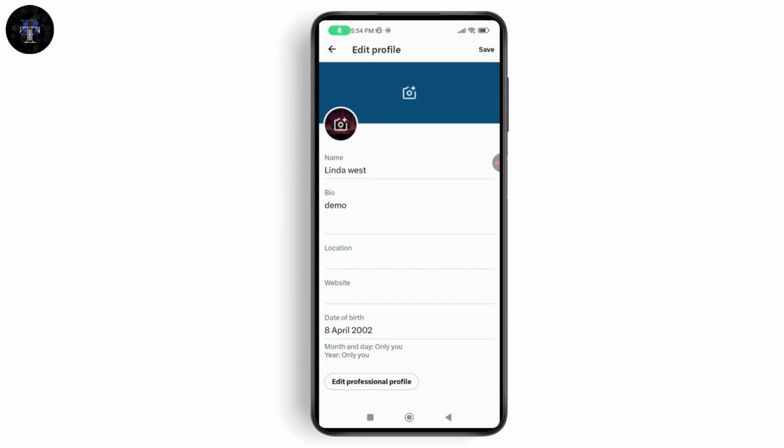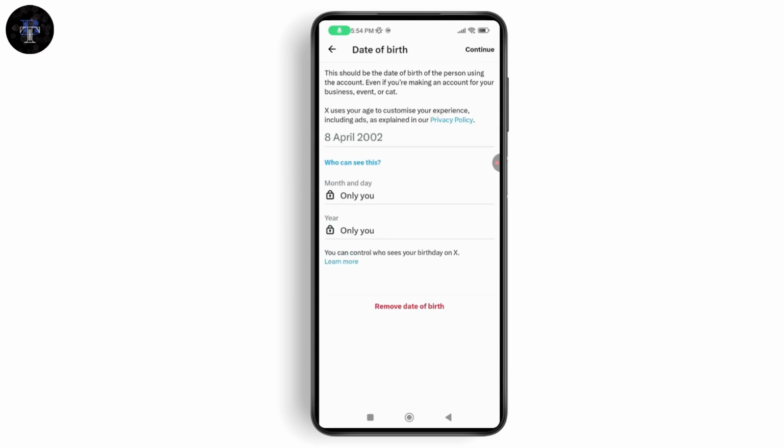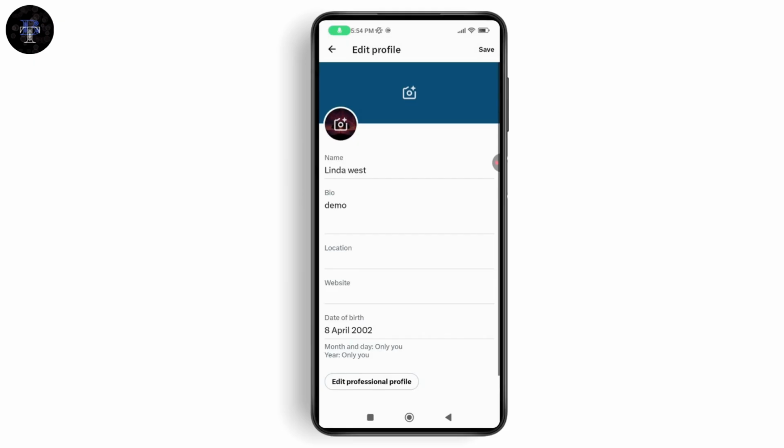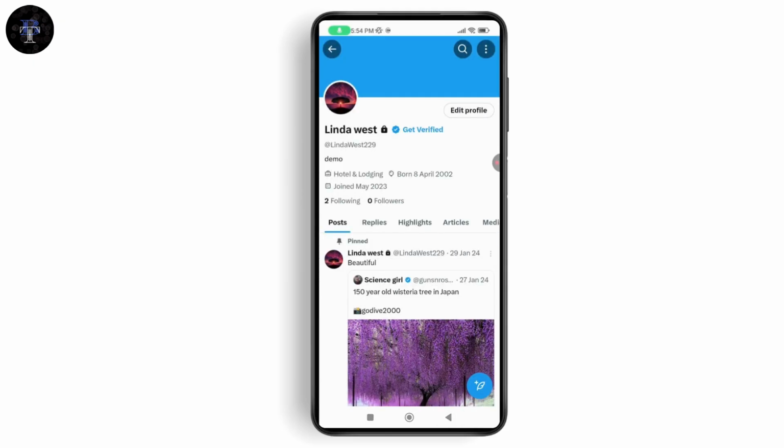Now click on your date of birth. Update your date of birth and make sure it's 18 plus. Click on save. Now what you have to do is just simply go back again, click on your profile, and